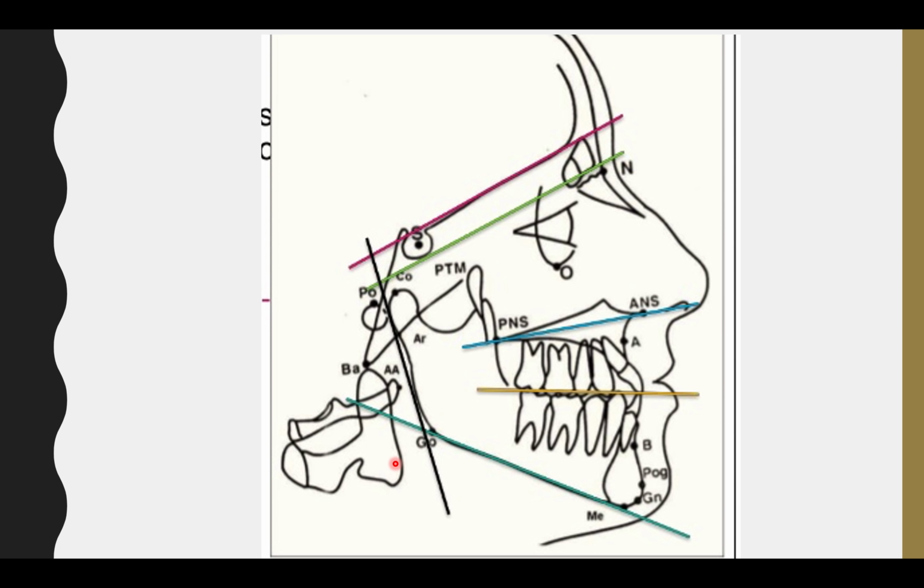We can visualize on the X-ray all these horizontal planes and give a brief diagnosis whether it is a skeletal problem or a dental problem. If these horizontal lines are diverging in the anterior part, it is a skeletal open bite, and correction is a little bit difficult and requires surgical procedures.